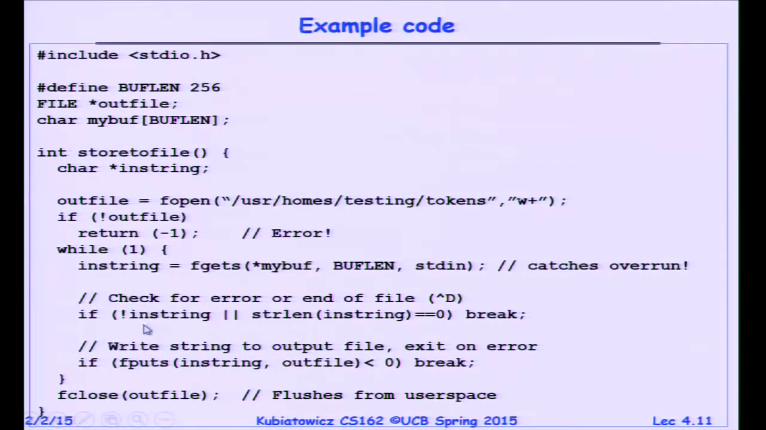Basically, when I get a return from this, it's either null or its length is 0. I'm totally done, and I close the file. Otherwise, I take the result, write it to my output and continue. And so notice that what I've done here is I'm reading from standard in, and I'm writing to the file